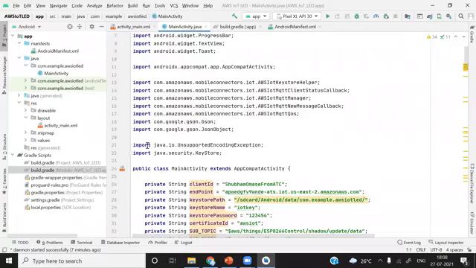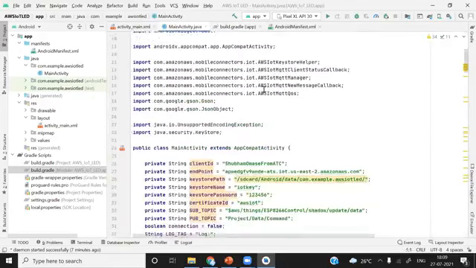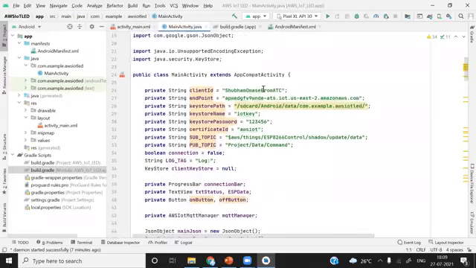Then it will download these libraries into the application. So you can see JSON, everything is here. Likewise, after that, everything is common. We have just declared a few things as string. First is client ID. You can put any client ID you want, it doesn't matter. Client ID can be any random string or any random number as well. I have just put this one.